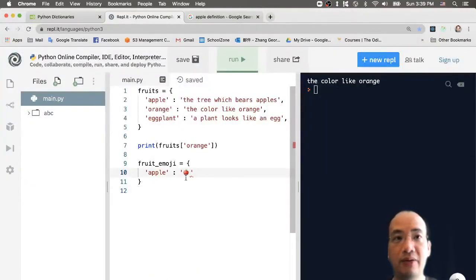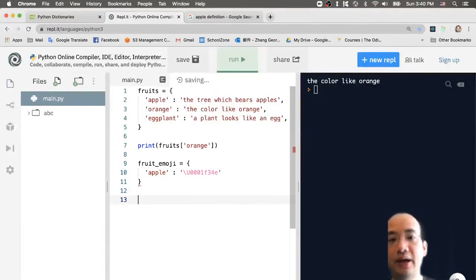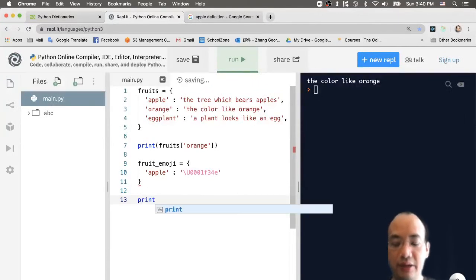If you don't like the copy and paste version, you may just type directly, like \u0001f34e. Okay, you can type this. After you type this, it should turn pink. So again, if you want to print the apple out, every time you want to print the apple, you just print fruit emoji